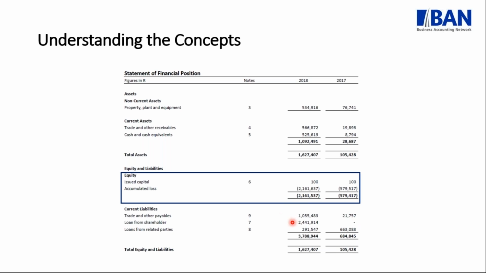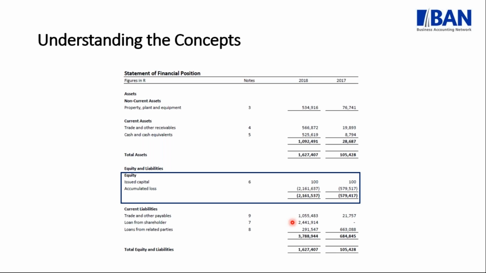Now, what's important to remember is if your company or your business is in a situation of technical insolvency, where your liabilities exceed your assets, you need to be extremely careful. Because if you're in that situation and you continue trading, you could fall into what they call reckless trading from a Companies Act point of view. And this could cause a lot of problems for your business, including your directors if you are a company, because they could be held personally liable for continuing to trade while you are actually factually insolvent.